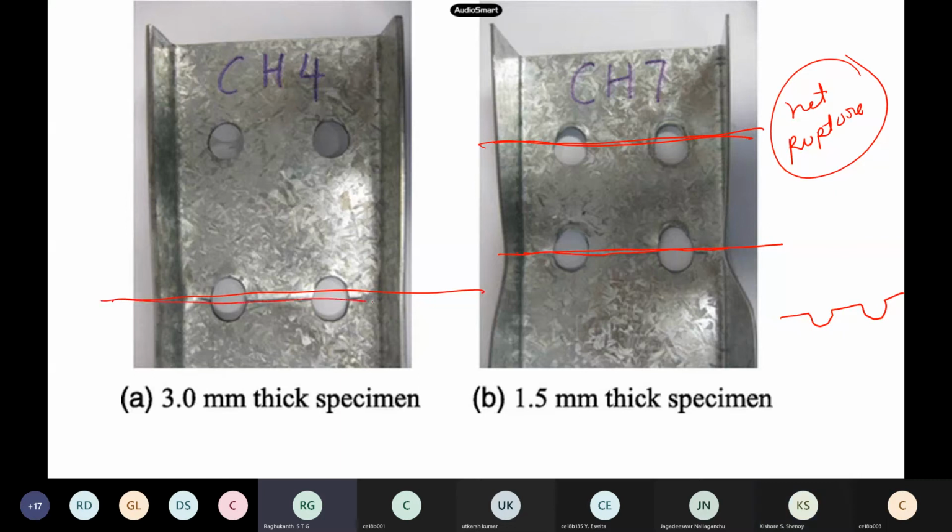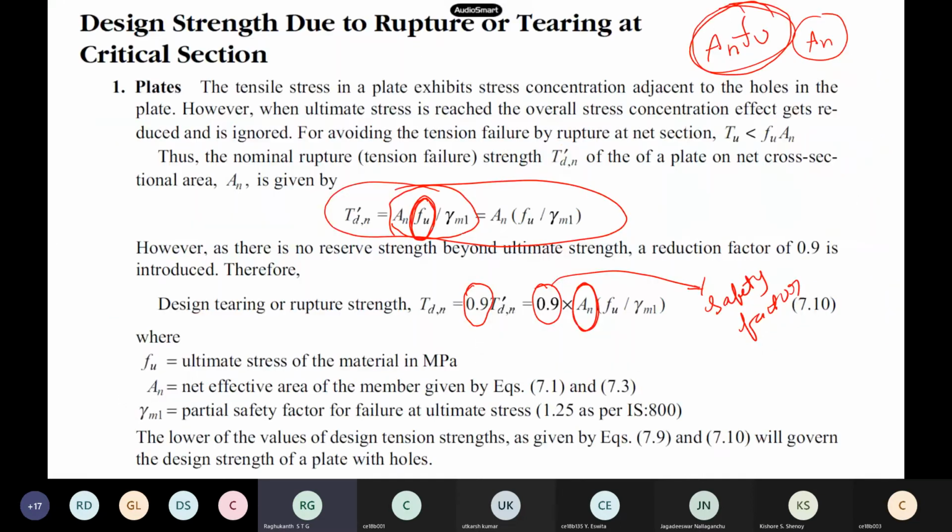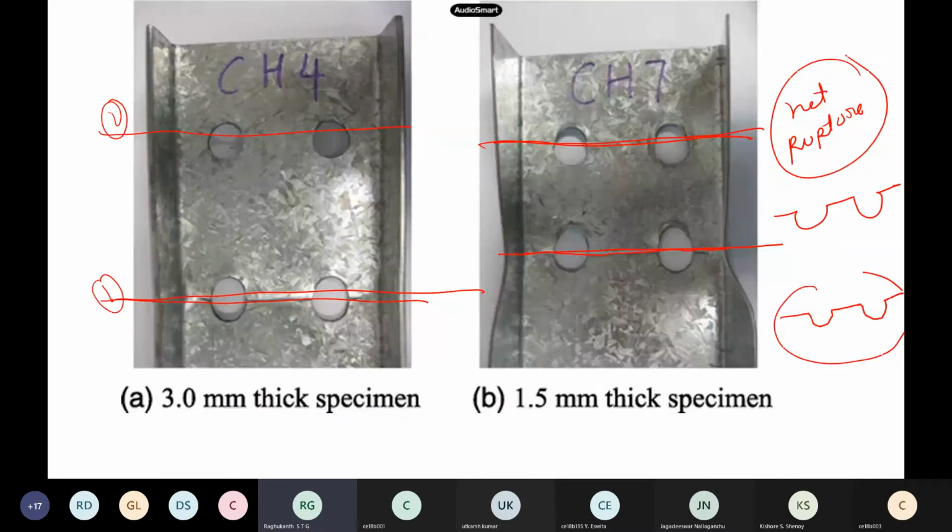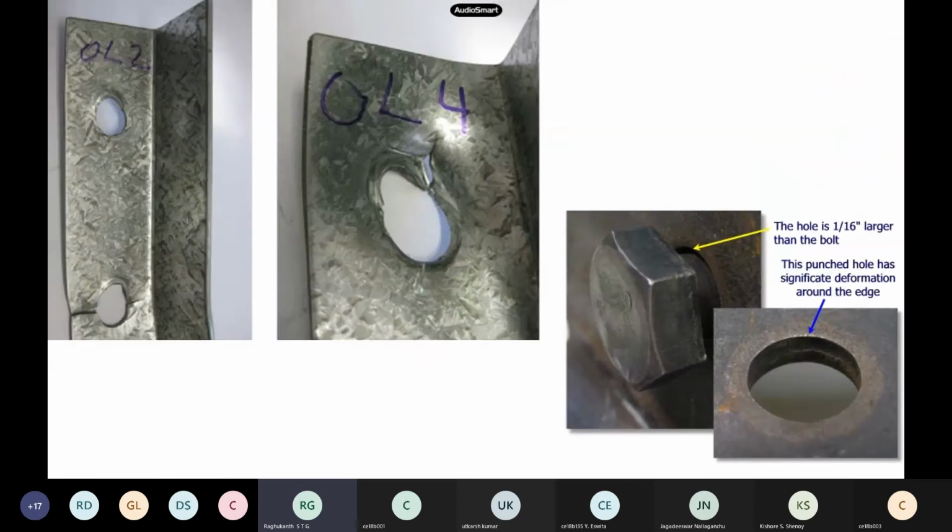Now I am taking this section, which has 2 holes. Suppose I take this section, what is the net area along this section also? Is it the same or different between these two? It is the same. So it can fail along this or along this, because AN is the same in both cases. If you use this formula, AN is the same this side or that side. But Fu and gamma are constants, so it doesn't make a difference. It can fail along this or this. Where you have connected nicely or where the stresses are high, that section gets broken.